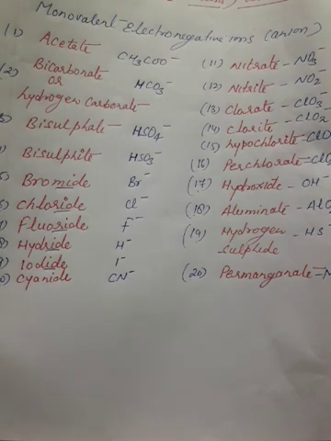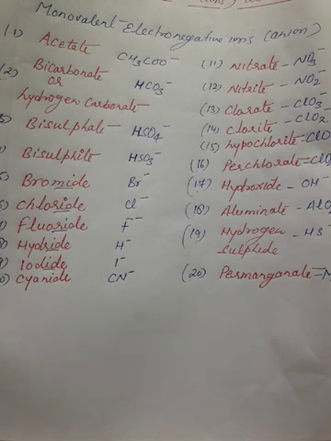Then nitrate, nitrogen and oxygen. Whenever the suffix is ate or ite, it means oxygen is present. So one or two things you try to remember. So nitrate, what is the formula for nitrate? NO3, it is monovalent, single valency. Then one oxygen less than ate will be nitrite. Ate is O3, ite will be O2. So nitrite NO2, 1 minus. Clear this one. Now you can learn nitrate and nitrite.